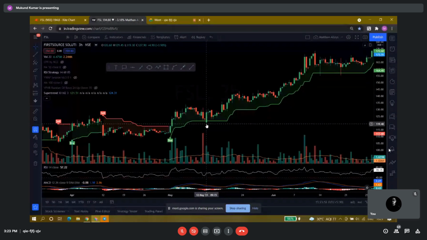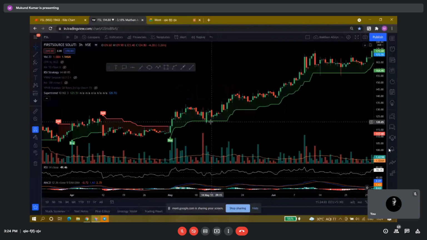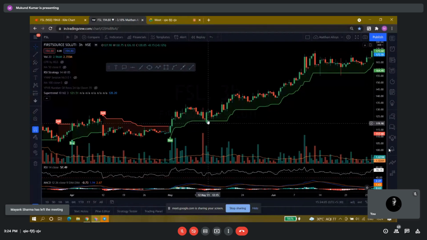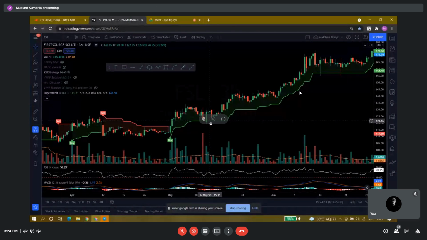Yes. No, I have told you one thing: we don't have to exit our trade on spikes. This is a clean example of a spike touching the super trend trailing stop loss. But you can see that the close is already above this trend line. This super trend signal has not changed into sell on a closing basis. You have to wait for this trend line to change into a sell signal, but you can see this has not changed.